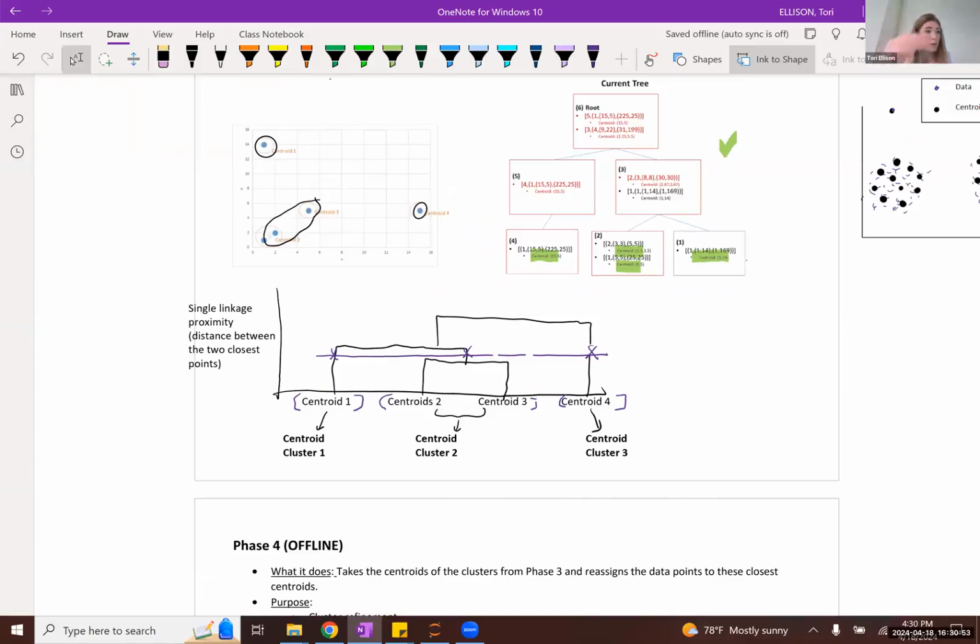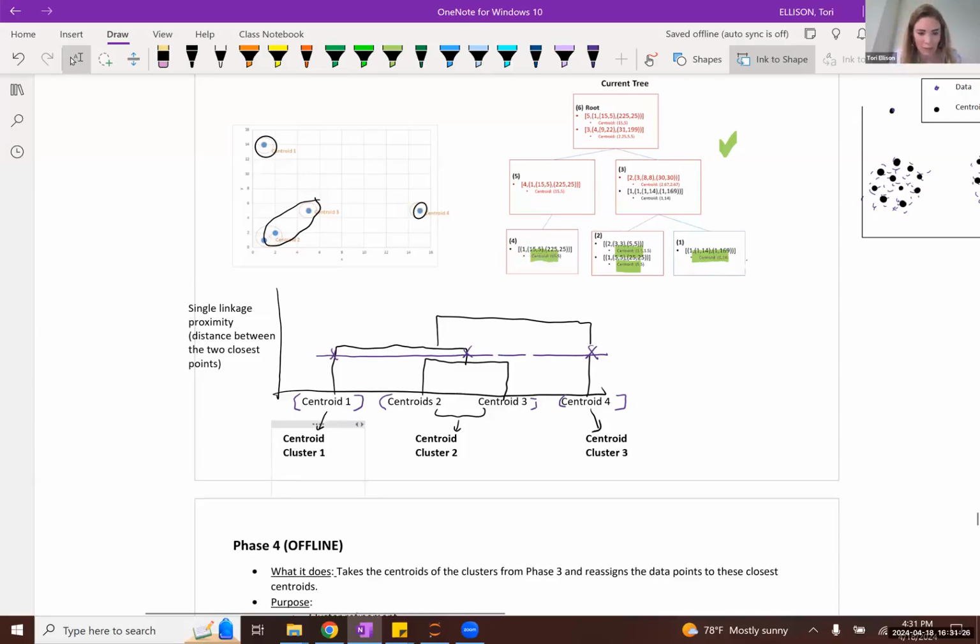And then in order to move on to phase 4, in which we actually cluster not the centroids but the original observations themselves, what we need to do is calculate the centroid of each of these centroid clusters. So I would calculate the average of these 2 points, calculate the average of simply just this point itself, and calculate the average of simply just this point itself.